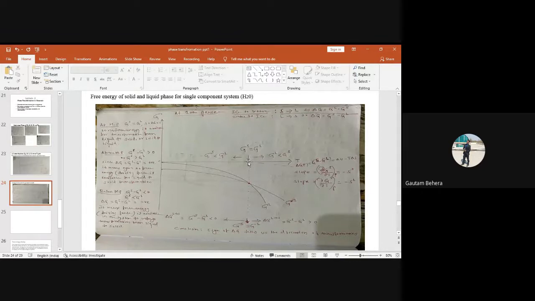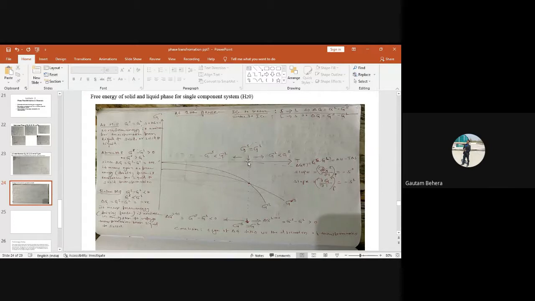Suppose you have a container now. In that container, you have ice and water. And you are at melting temperature, for example, or you are at freezing temperature. So what will happen? Nothing will happen. The ice will remain as ice, the water will remain as water. Neither will the water become ice nor the ice become water, right? Both phases will remain. Why?